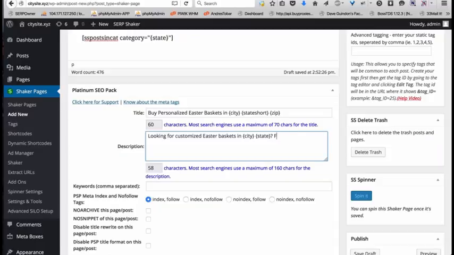Now, guys, as Andres is putting the description in here, it is extremely important, the description. I can't even stress it enough. People will argue all the time and say the description doesn't really make your website rank. And I tell them all the time they're wrong. The description, under most circumstances, will be what shows up as the snippet in the search engine result pages. The higher your click-through ratio, the more the site will rank.